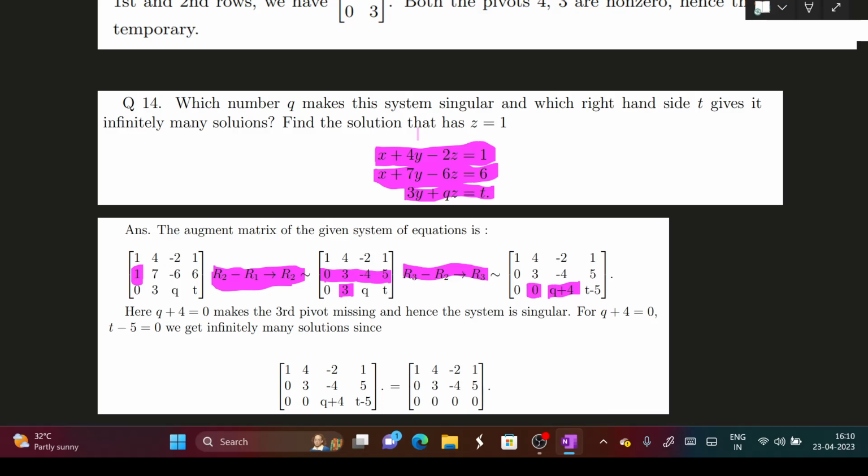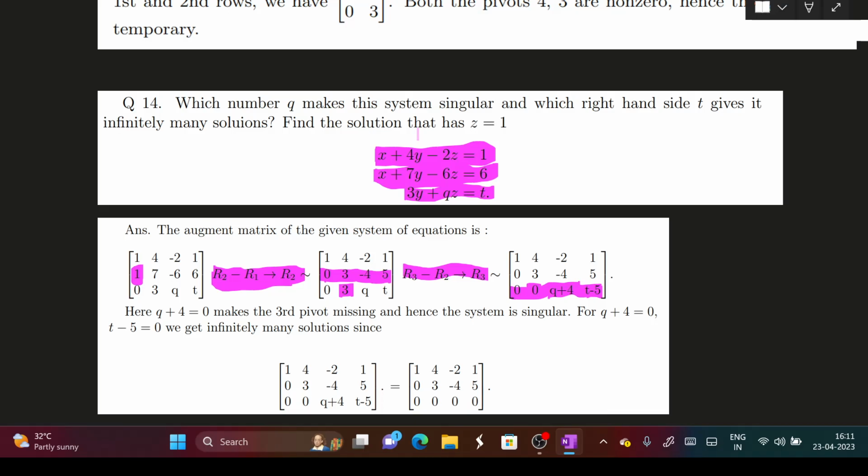And here, t minus 5. So what does it indicate? It indicates that if q plus 4 is equal to 0, then t minus 5 should be 0. And if q plus 4 is equal to 0, then its third pivot is missing, hence the system is singular. Otherwise, the other two pivots cannot be missing,